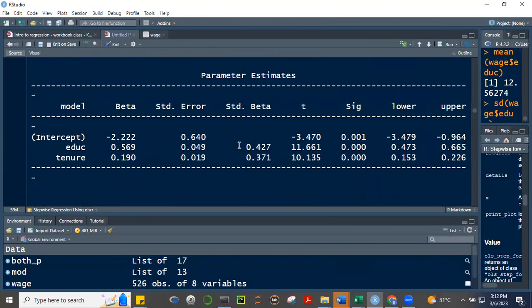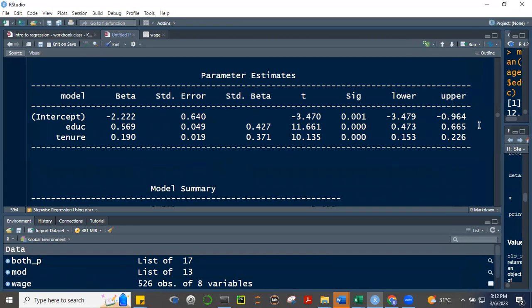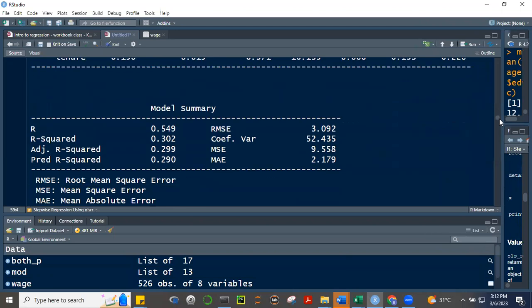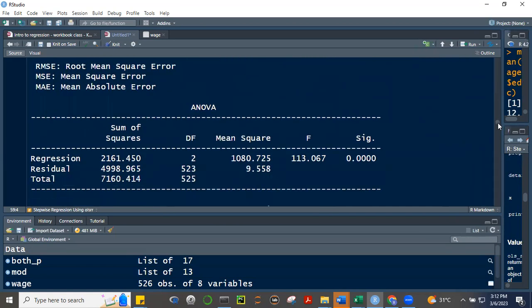This one, standard beta. Okay? And you will not have the intercept there. Okay, the intercept will be 0. So that will be 0. Okay, so that is the standard beta. Okay, so it's important for us to at least understand what the outputs are. Okay, now that we have two predictors, we notice again that it's just repeated. I don't know why it's repeated, and then